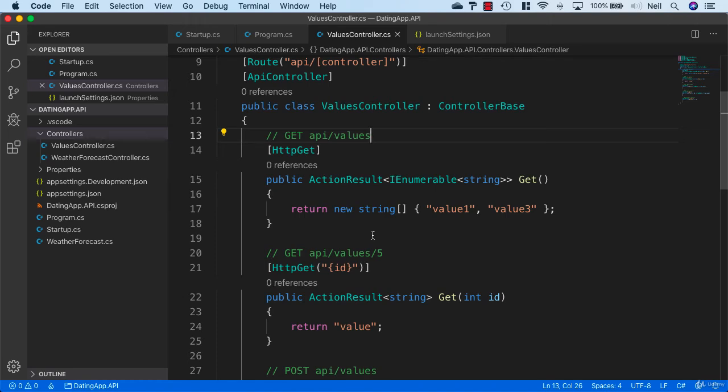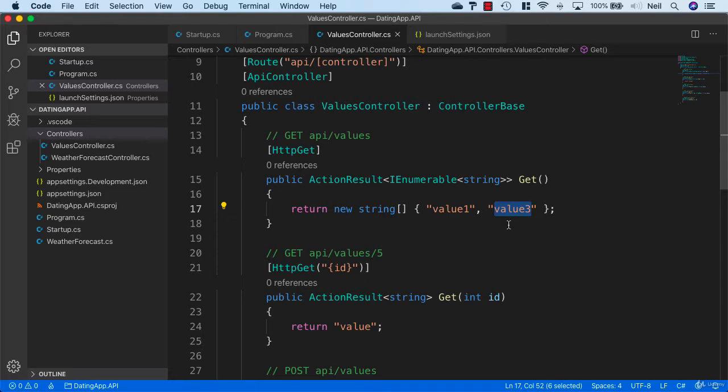So as part of our walking skeleton, we need to create a database and retrieve values from this database with the methods that we create here in our controllers. Now we're keeping things really simple at this point. So what we're going to do is create some models based on the values that we see here. And the way that we're going to create our database is to use the model first or code first